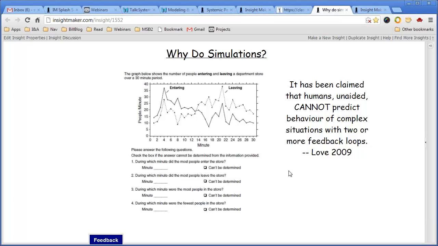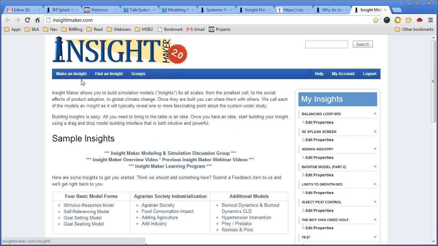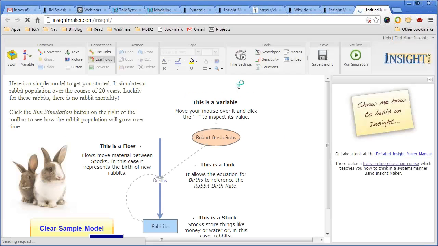It has also been claimed that it is beyond our capacity to intuit the implications of the simultaneous interactions of two or more simultaneous feedback loops. And from my experience, I tend to agree with them. There's a paper that actually claims this, and it's referenced in the appropriate slide in the learning program. So what I want to do at this point is spend some time and create some simulations